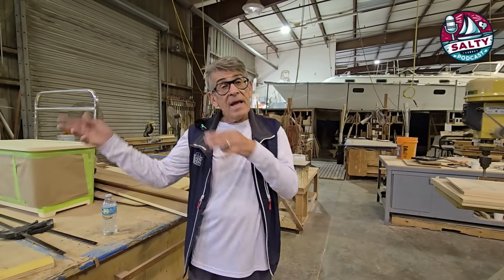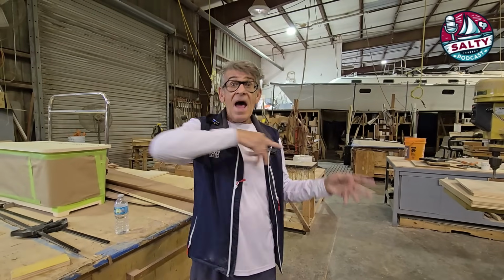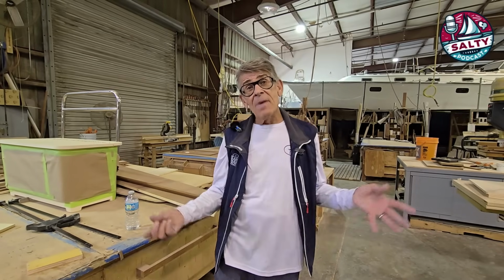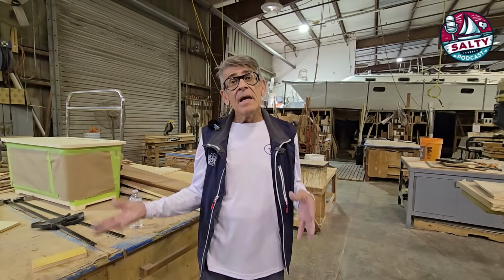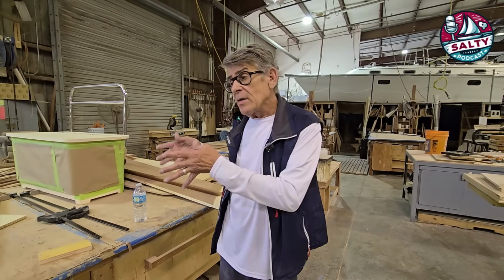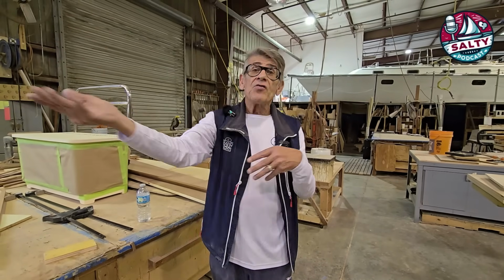So to haul a boat, take the mast off the boat, haul it out of the water, get it on a truck, get it here, and then get it back is about $15,000, in addition to the work. So if we can keep you from having to spend that 15 grand and keep it in the water, it's much better. Or haul it at a boatyard. If we can't do the work in the water, then our second choice is haul it at a boatyard, because putting it on the truck...